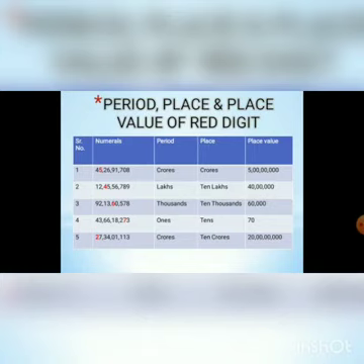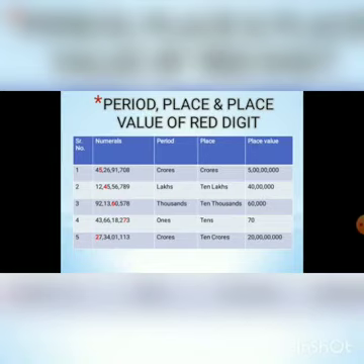Question number 1. 45 crore 26 lakh 91,708. The red digit is 5. See, commas are written in each period and the periods are ones, thousands, lakhs and crore. So the red digit comes in crore period. In crore period, two places come, crore and 10 crore. And the red digit is in crore place, and the place value of the red digit is 5 crore.